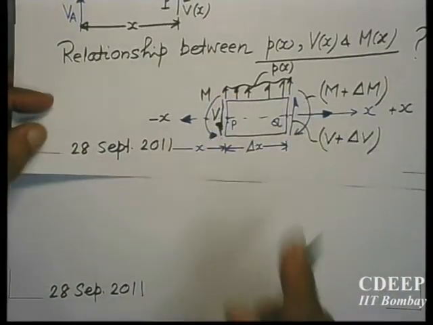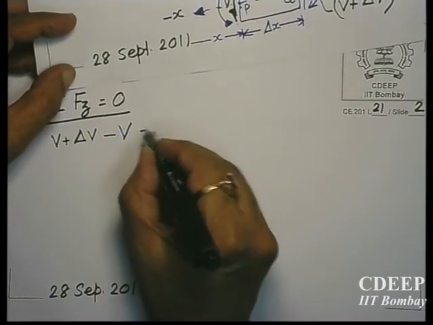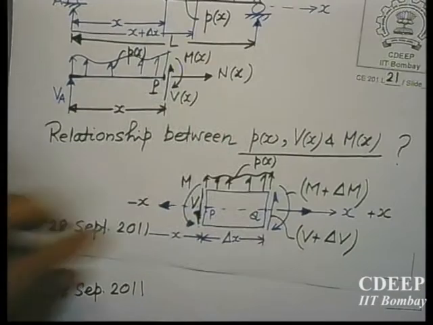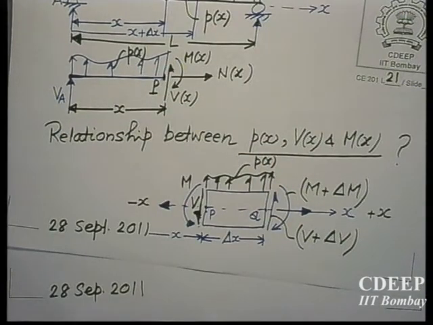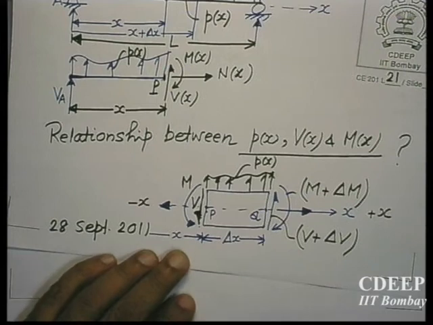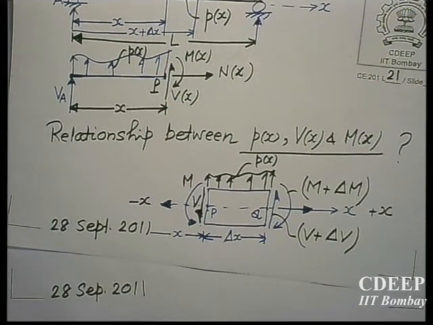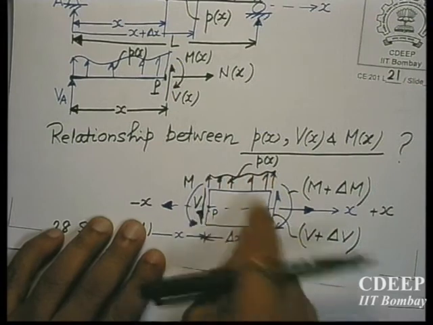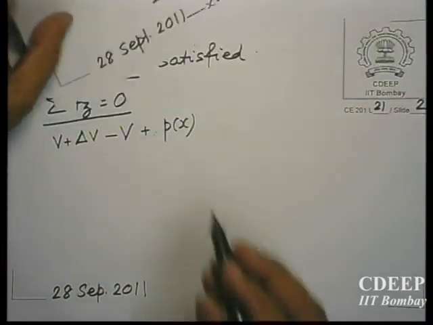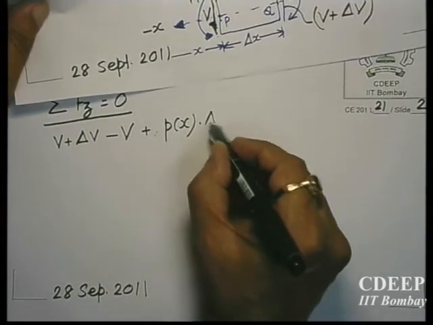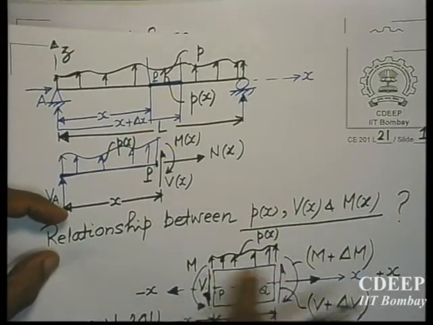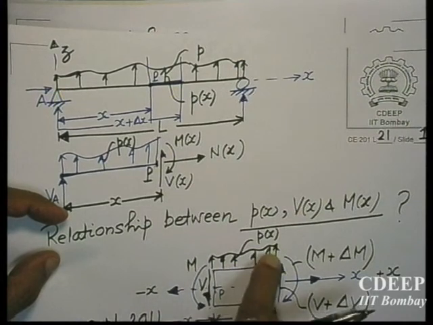At the top face you have p x, and that is working. This is going in z direction, and then let us assume that this is changing with respect to x. This point is x and this is x plus delta x. Assume that p x is not changing within this small length PQ. So, I will just say p x into delta x will be the total force, that will be p x multiplied by delta x. So, p x is this value, there can be some change here.